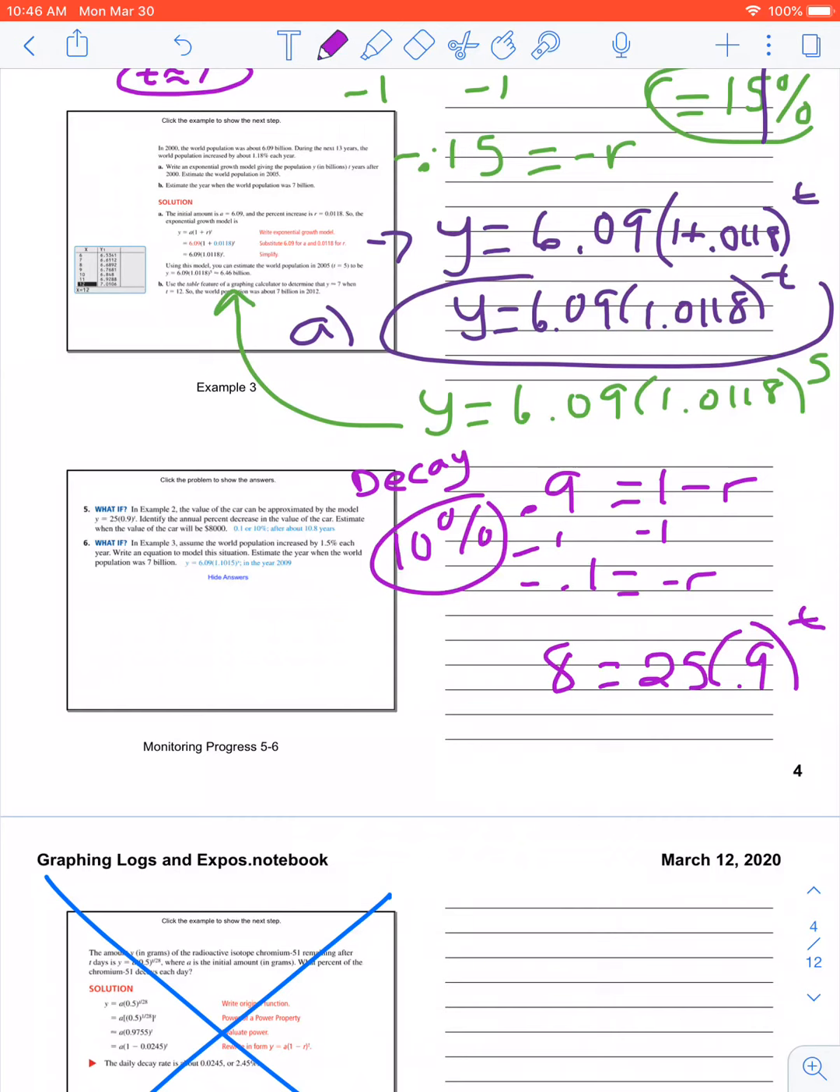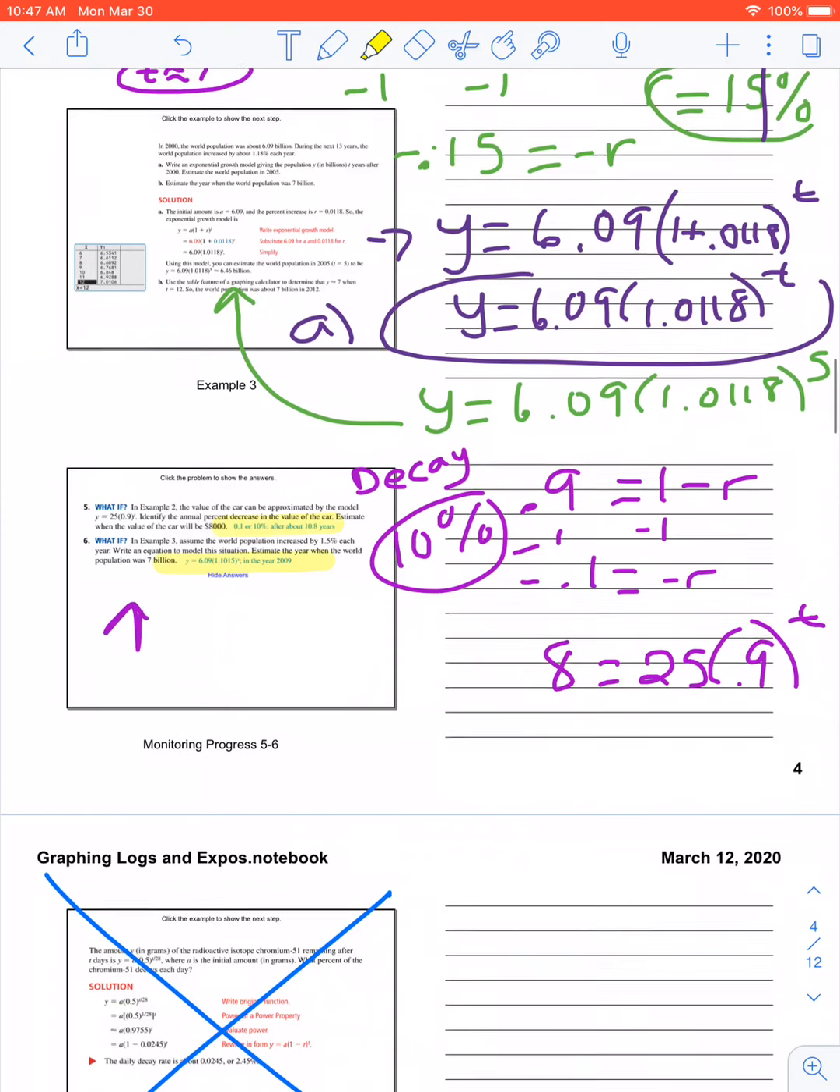And then what I want you to do for the last problem before you get on Zoom tomorrow is attempt number 6. I want you to look at that and say, okay, with the increase of 1.5%, I want to estimate that equation, and I want to estimate the year the population will be 7 billion. So try to do that on your own. The answers right there are in blue, so you have that for both of them to check your math. And then when you get on to Zoom tomorrow, ask any questions that you have